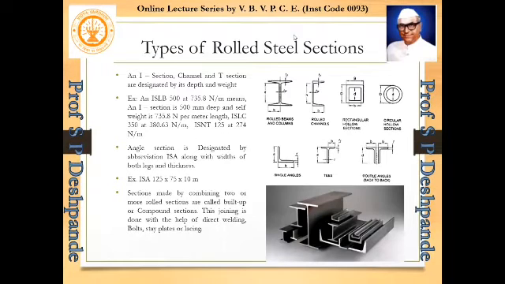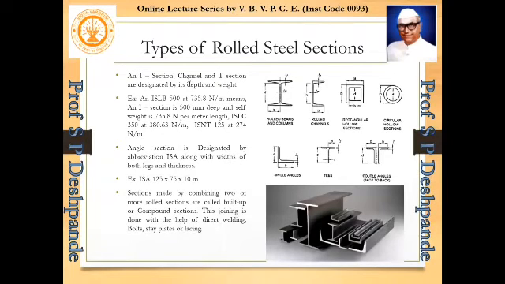Okay, if you observe carefully in this particular part, at the bottom, these are all rounded. So the corners are rounded, right? Therefore they are called rolled sections. All these sections are named according to their shape. This is I, C, angle, T, and so on.